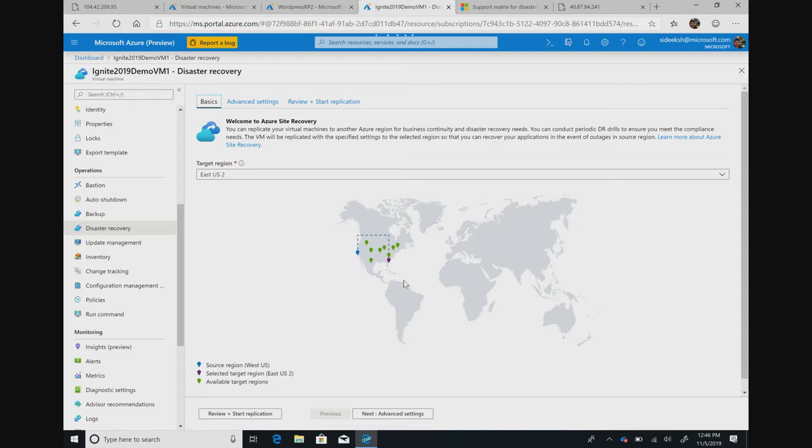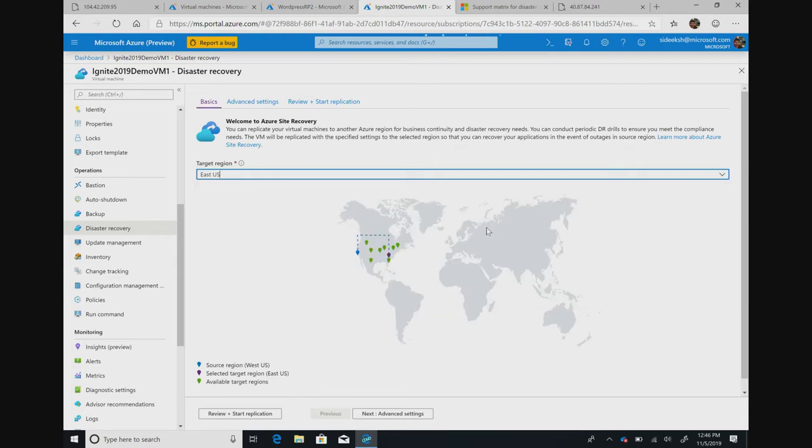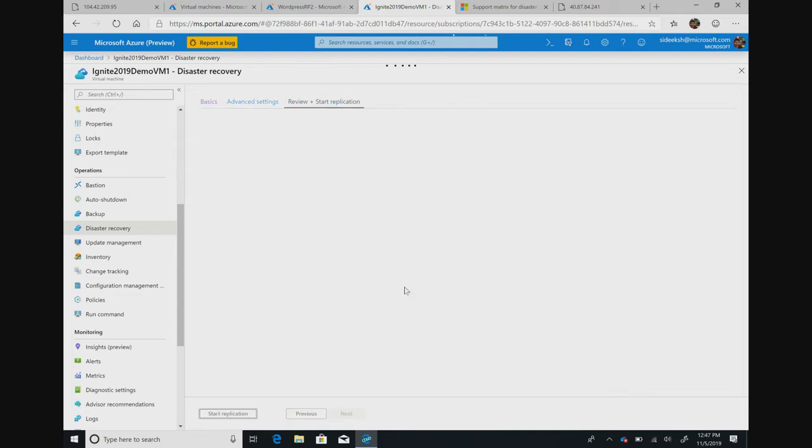So my application and my VMs were running in West US 2. And then this gives me the option to pick one of these regions where I want to enable my replication. So if you see the drop-down here, I can choose a number of different regions within this geographical cluster. So I'm just going to pick East US here, right? And you can just go ahead and review and start replication. So just a couple of clicks, and you're good to go.